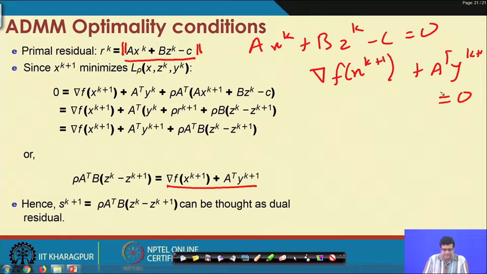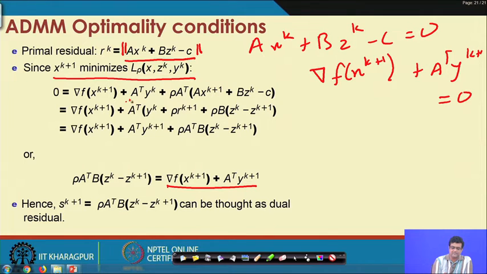If we now impose the condition that x_{k+1} minimizes this quantity, and we take the gradient and equate it to 0, we get that this should be equal to 0, and rearranging as previously, we get gradient of f(x_{k+1}) plus A transpose y_k plus rho times this whole quantity is equal to 0.